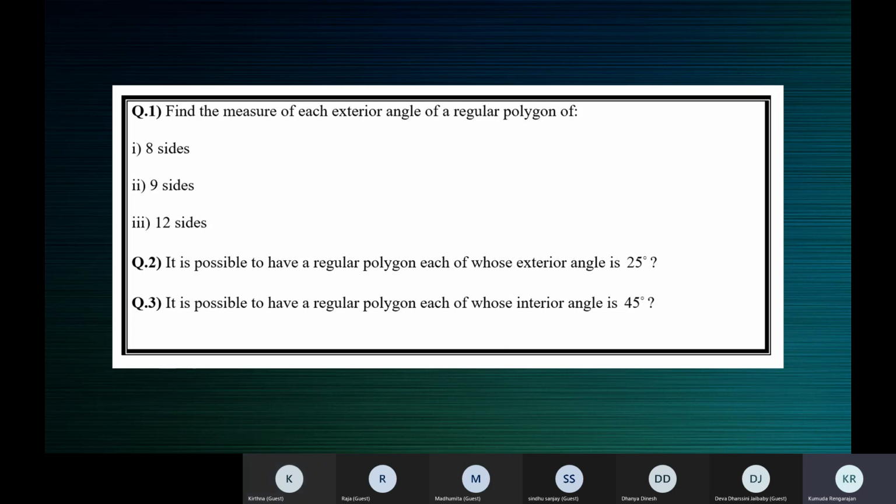And what is the relation between each interior and each exterior angle? The sum of interior and exterior angle is 180 degrees. So now you have each interior angle is 150 degrees. Correct? Yes, ma'am. So each exterior angle is equal to 180 minus 150, 30 degrees. Perfect. I think now we are clear, Kirtana. Ma'am, I also had the same doubt at the beginning. I used n minus 2 into 180, so I got 1800 and I was confused, ma'am.